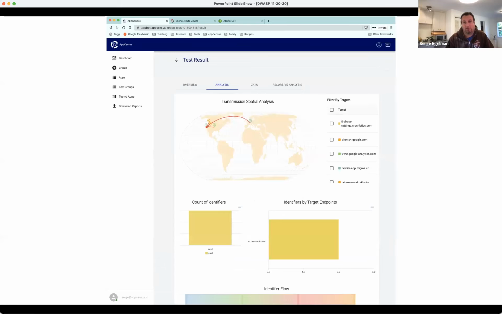And then at the end, data gets pulled off, and we get summary statistics and then richer data on what actually happened, such as where different API endpoints were located, whether transmissions to those endpoints contained known identifiers, and so forth. So for instance, in this case, we see that the only identifier was the Android ad ID, and that was transmitted to